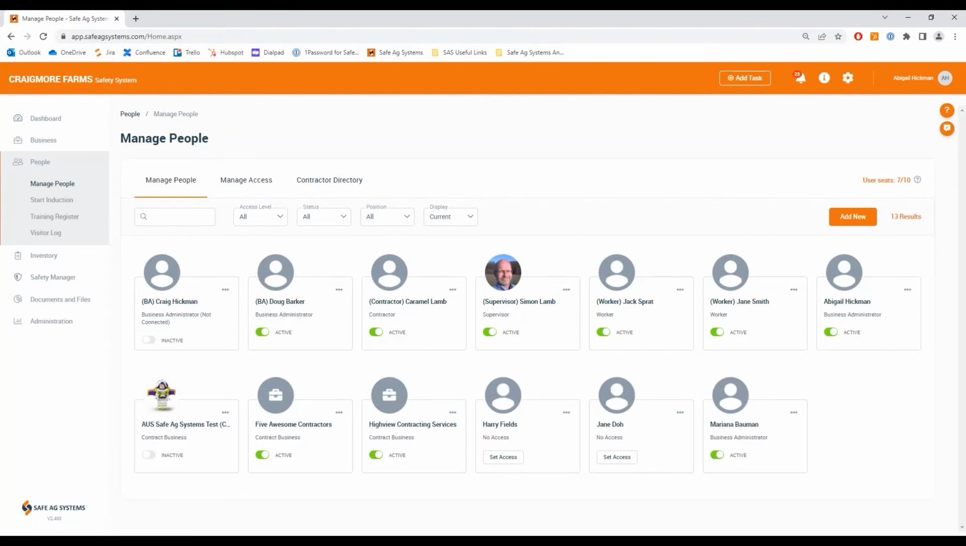In this particular case, where they're connected through the contractor directory, they will be listed as a business, as you can see down here. These two businesses down here, Highview Contracting Services and 5 Awesome Contractors, are contracting businesses which have been connected through the contractor directory. This individual here, marked as a contractor, has been added as a user in the system. If you want to understand more about how that process works of connecting with contractors, please sign up for the Manage People